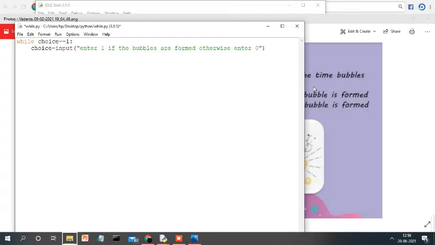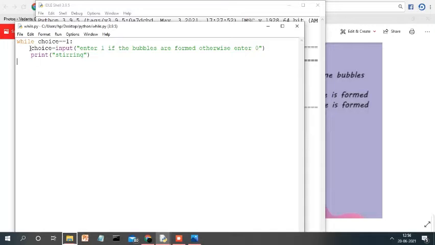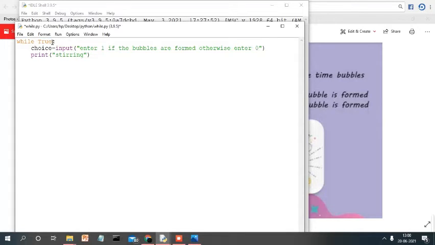Yeah. So now print stirring. Now while true. Here we have to write while true. So if we write this true, then it will keep running this loop until we write break. Okay. So now choice is equal to this, and now we have to write a condition: if choice is equals